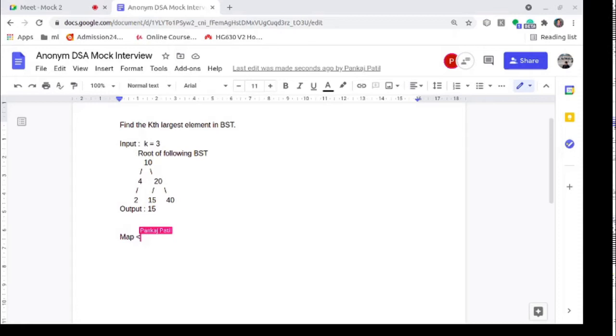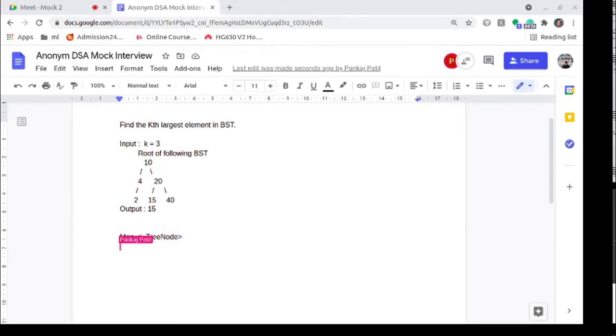In the map, I'll give the count for each tree node, and then I'll keep the value of the tree node in the next